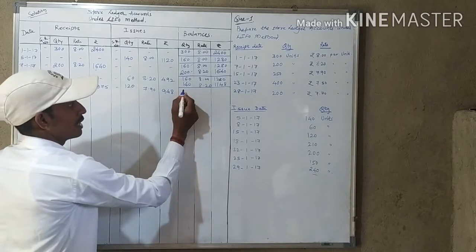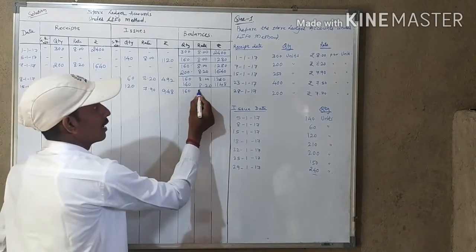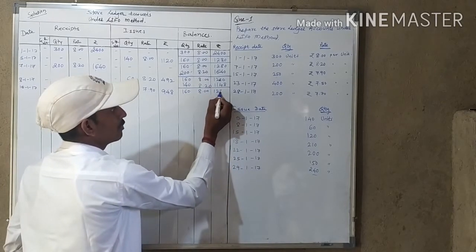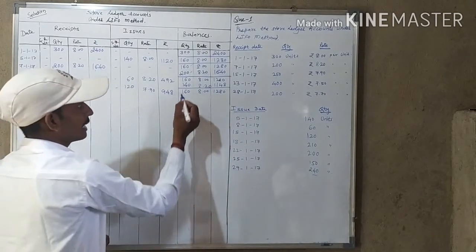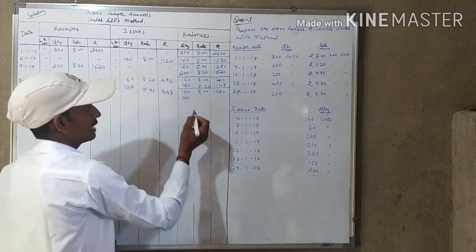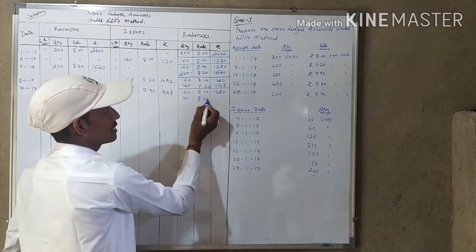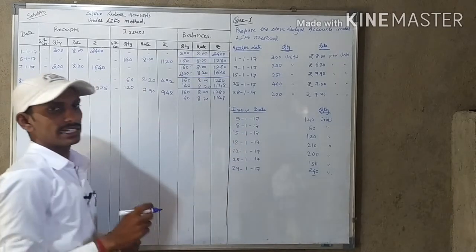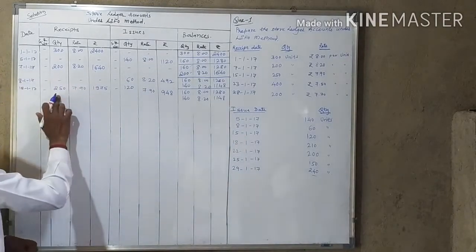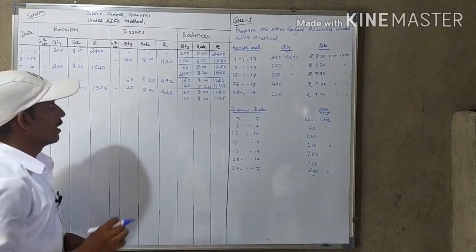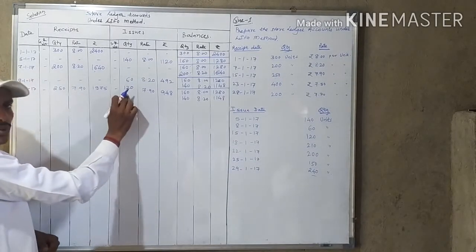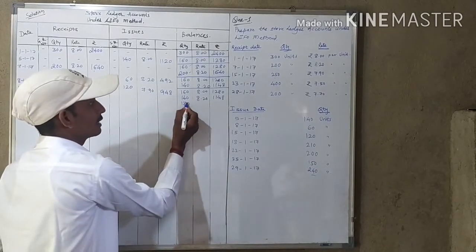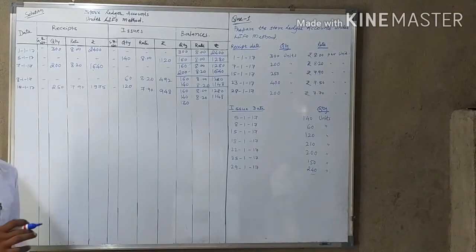So already 160 units is available in the godown, rate of that is 8 per unit, so value will get 1280. Again 140 quantity is available, the rate of that is 8.20, the value of which indicates 1148. Just now recently we have purchased 250 units. Out of that 250 units we issued 120 units, means how much is remaining? 130 units are remaining with the godown.